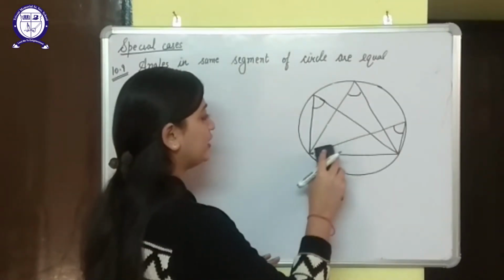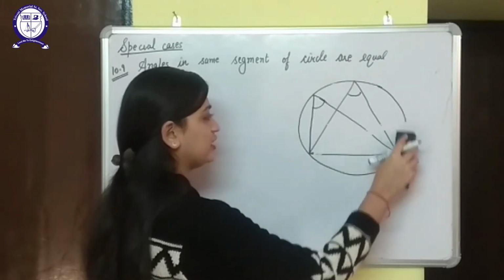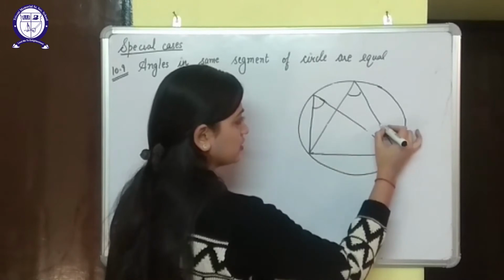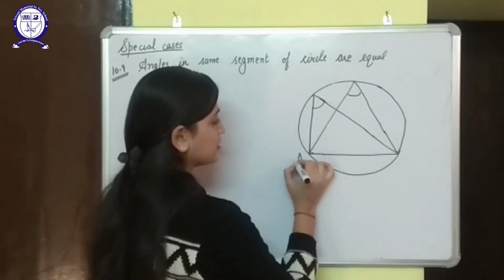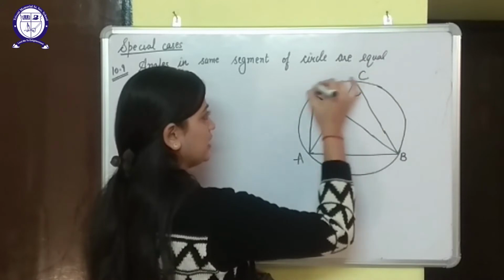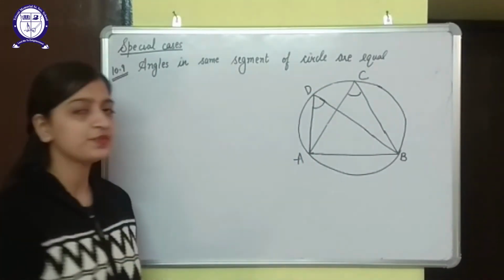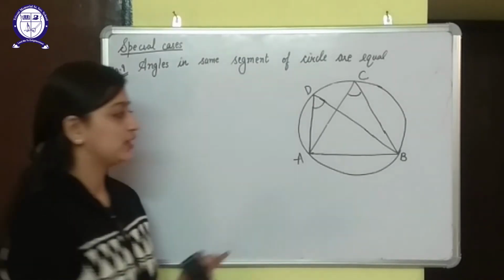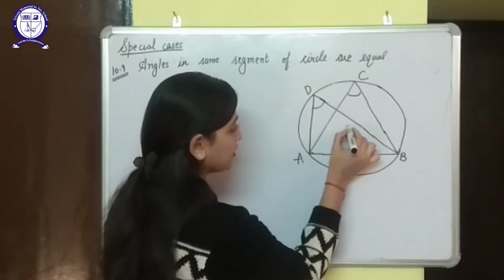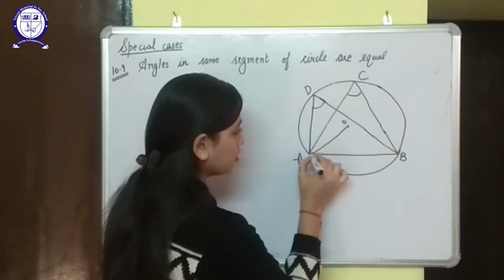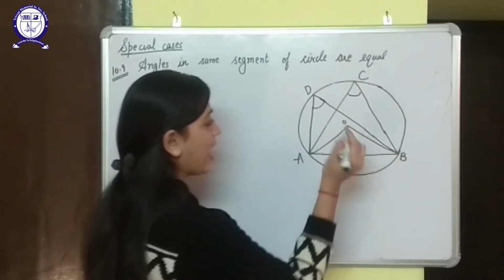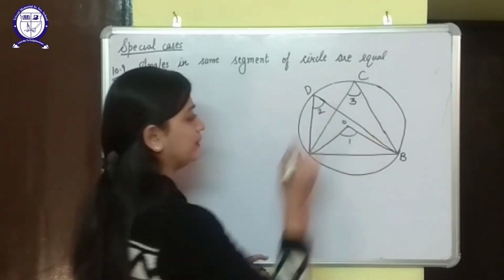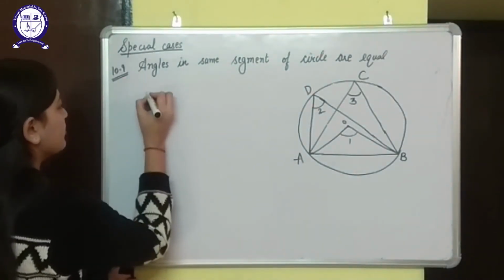In this proof we only need 2 angles, so I am taking these 2 angles made by the segment, and let's name them A, B, C and D. And this is a special case of theorem 10.8, so we have to use that theorem here. So suppose this is the center O and these are my angles 1, 2 and 3. Okay, now look at this. By theorem 10.8,